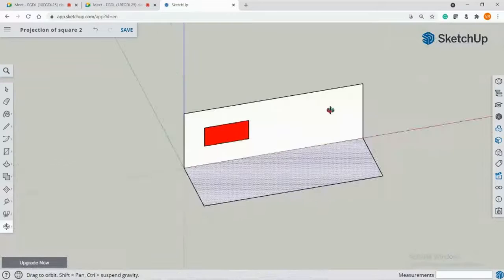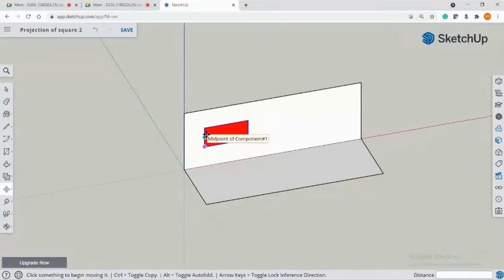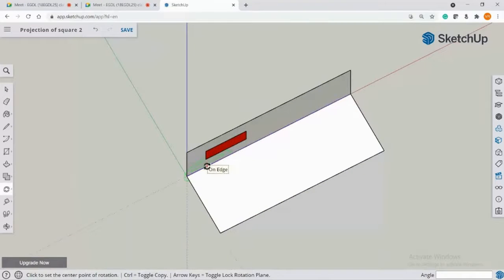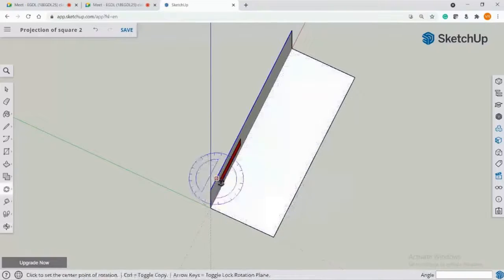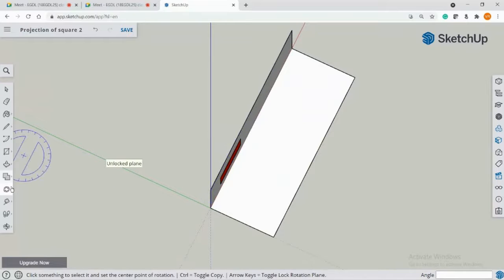I'll rotate this rectangular plane by such an angle that it appears as a square in the front view to you. Before I rotate this, let me just move it.